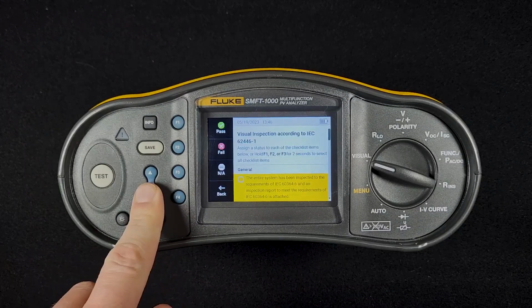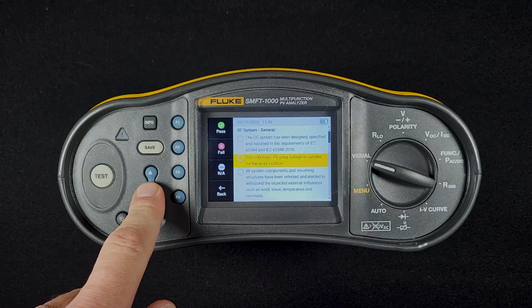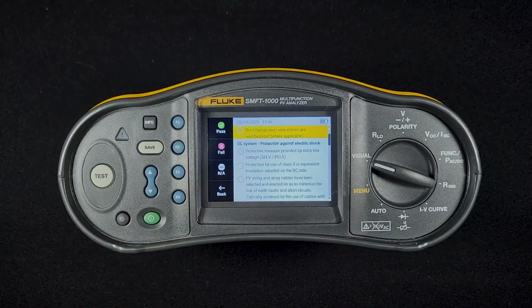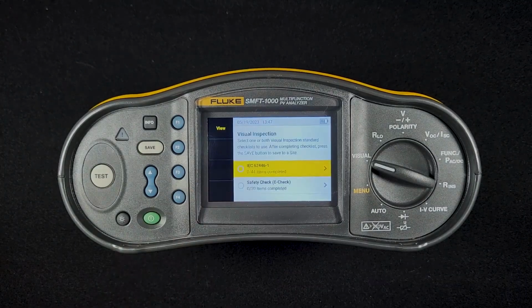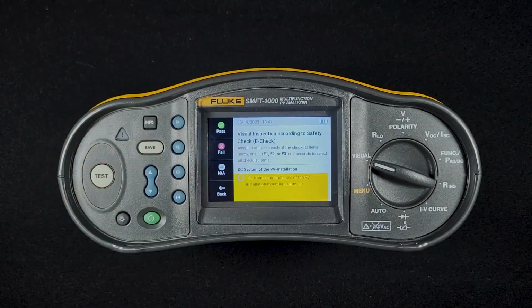So you can go through, there are different things that this checklist covers, and you can hit pass or fail or not applicable for any of these ones. This will allow you to complete the checklist, make sure you don't miss anything. And we go back and we can go down to the safety checklist, hit view there, same thing here as the last checklist. Pretty straightforward, nice way to ensure that you hit all the tests required by IEC